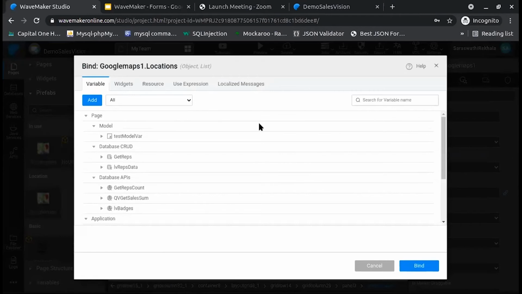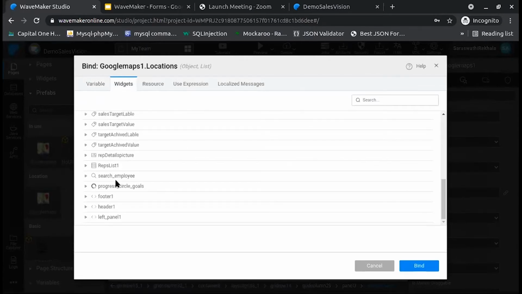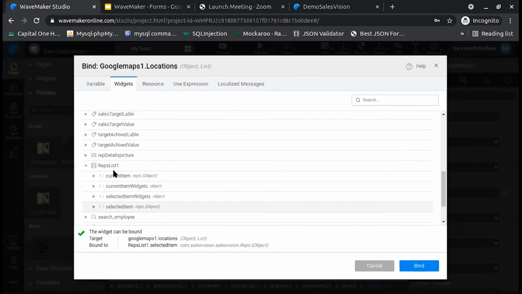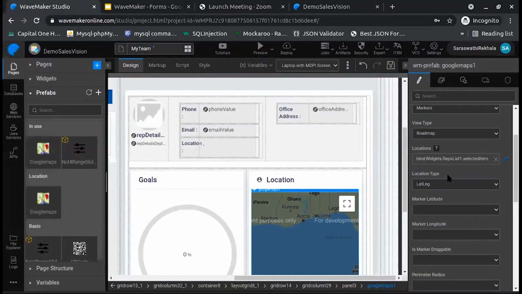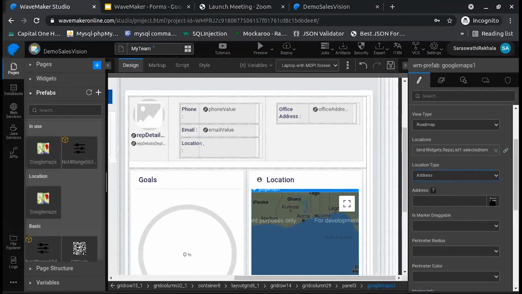So this is a binding dialog, which is an important dialog in Wavemaker. This dialog has all the resources that are present in this page. So for now, I will select my reps list selected item. Now I will bind the value.